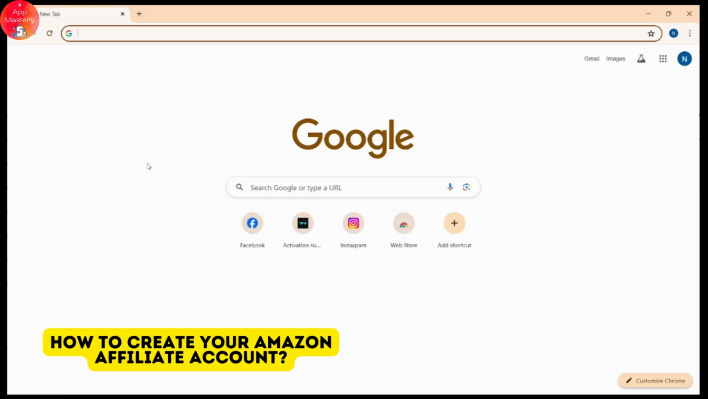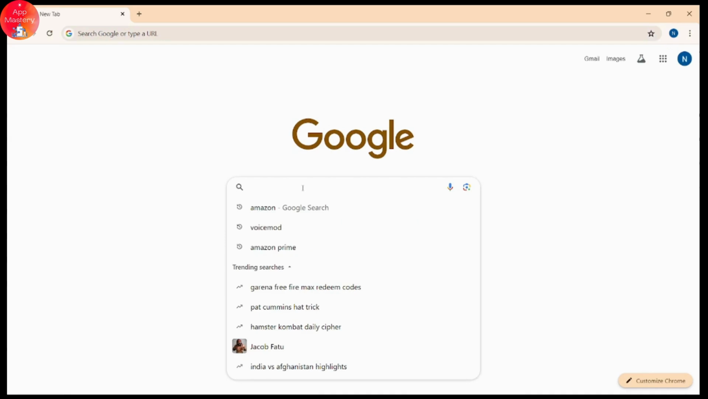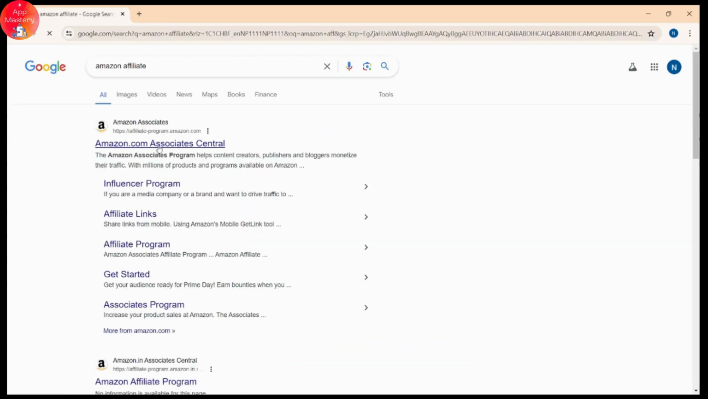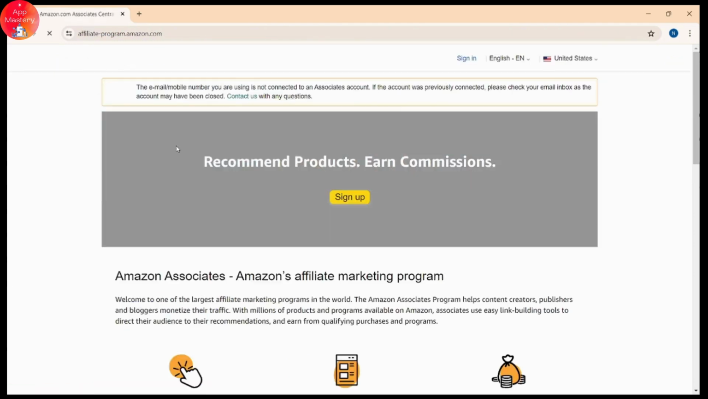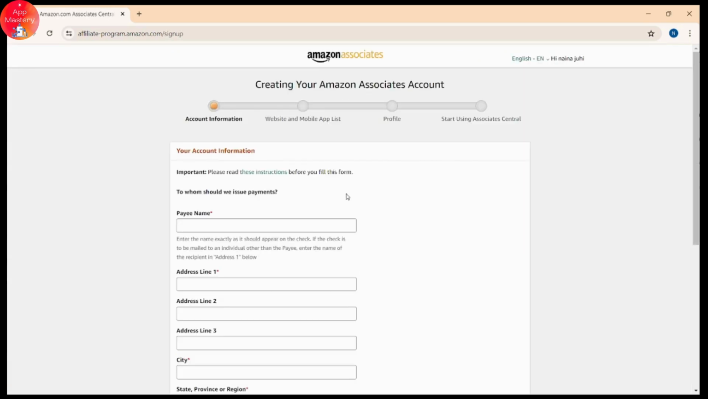How to create your Amazon affiliate account. So if you want to create your Amazon affiliate account, then first you need to open up a browser, any browser that you are comfortable with, and you need to search for Amazon. Once you've searched, here you will have Amazon.com Associates Central. Go for that, and here you need to go for sign up, and you need to create your Amazon Associates